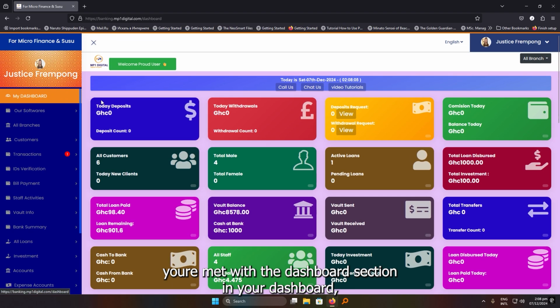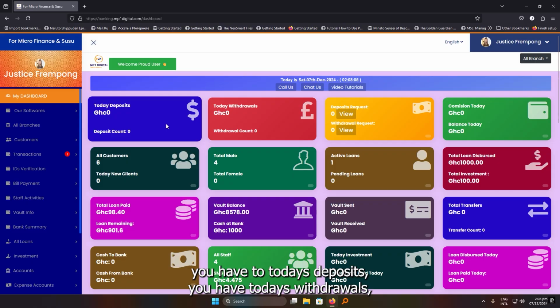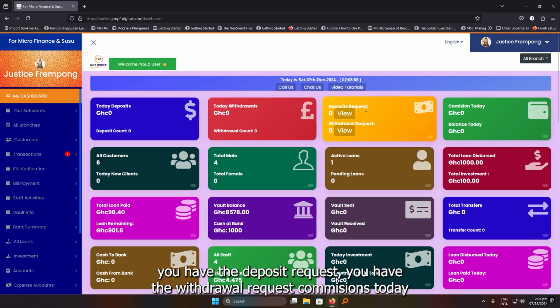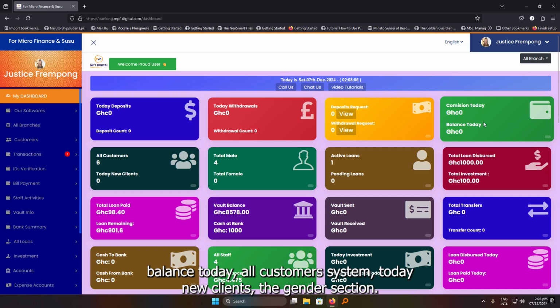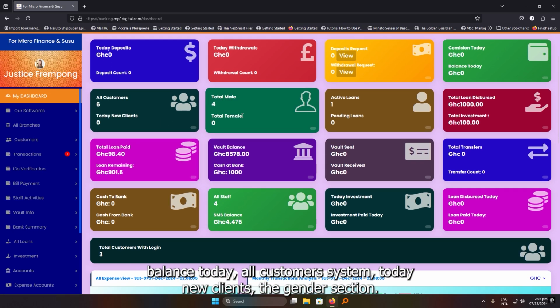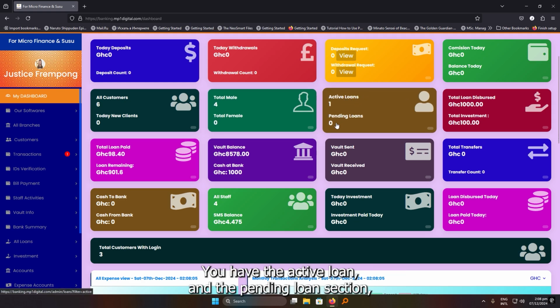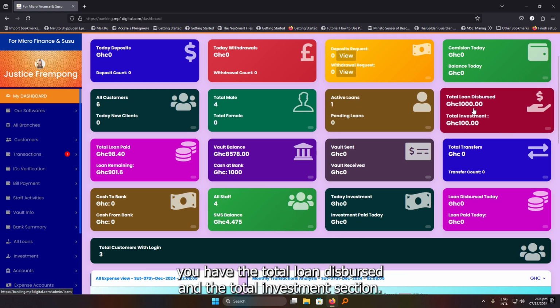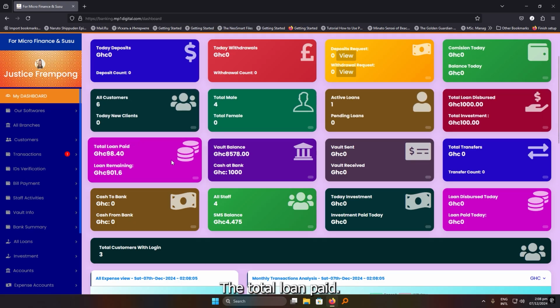In your dashboard you have today's deposit, today's withdrawals, the deposit request, the withdrawal request, commissions today, balance today, all customers today, new clients, the gender section, the active loan and the pending loan section, the total loan disbursed and the total investment section, the total loan paid, the total